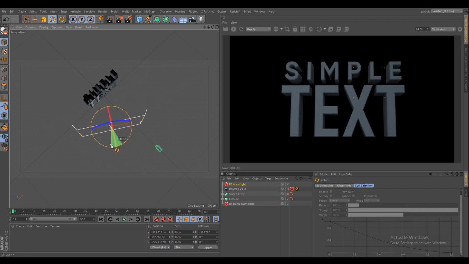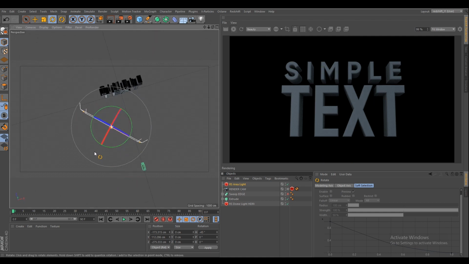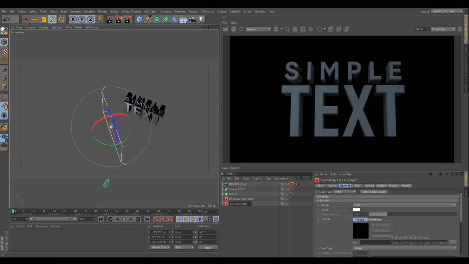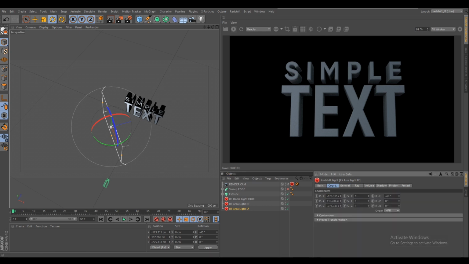And rotate it. So maybe -45. Okay, that's it. So this is our right side of the light. I just duplicate it, control drag, duplicate, left side light. So for that, just make this X value positive and this rotation value also positive.